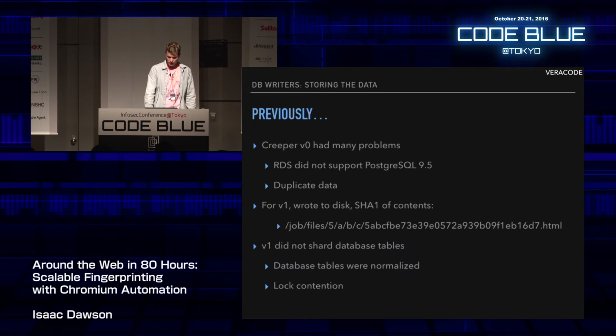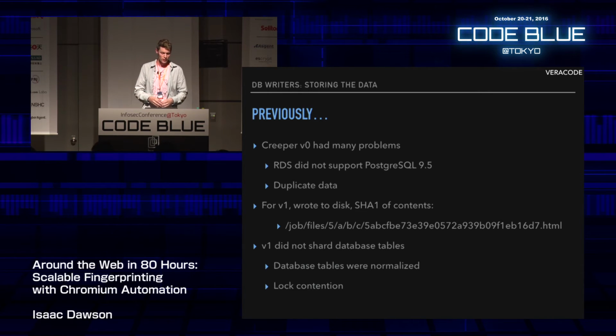So, storing the data. For me personally, this was the hardest part of the system. The first version of Creeper had many problems. First off, RDS did not support Postgres 9.5. 9.5 added a very important feature called upserts, which I'll explain later. Not having that, I had to do many hacks to get my data into the database when I had unique constraints. Duplicate data, since I wasn't able to do upserts, I had to store all the same data over